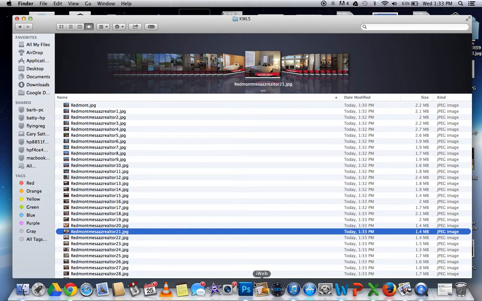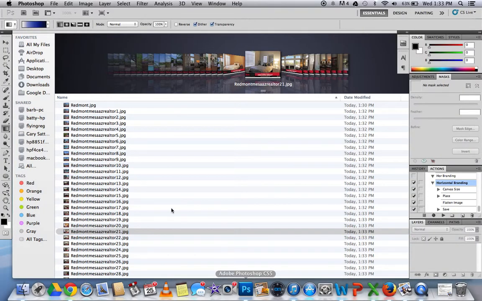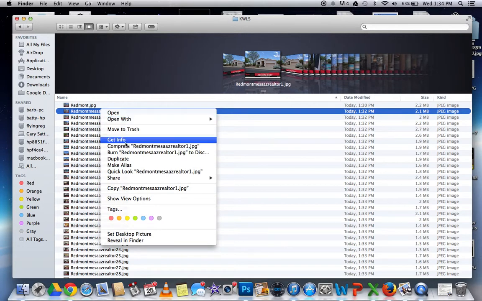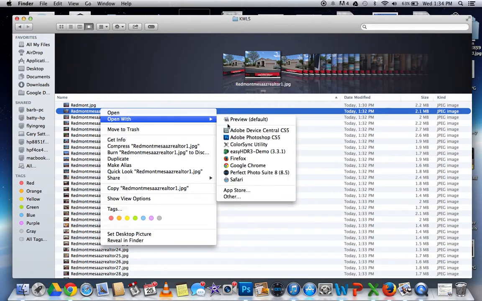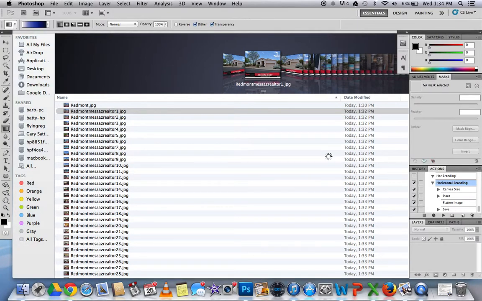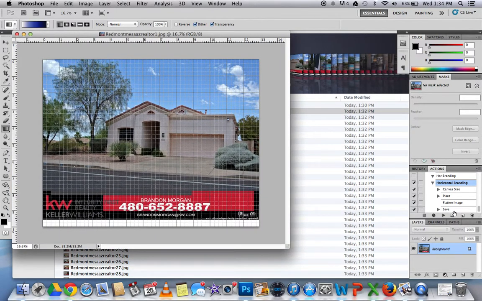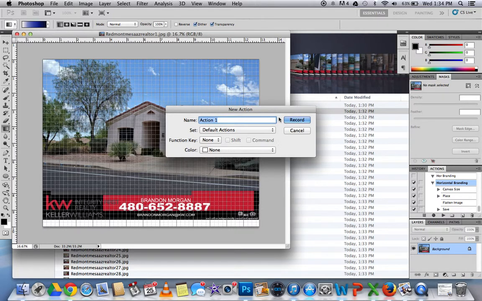That's something that I'm going to be researching. But the best way around that is to go back in here, find one that has that white mark, open that with Photoshop, go down here to New, Action, call it Crop Horizontal,